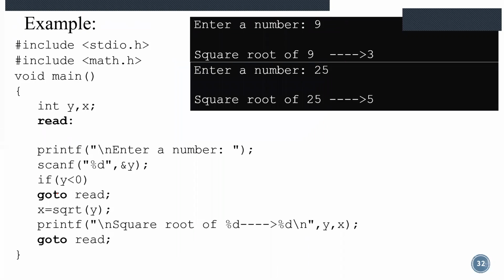Only this line, this goToRead, is coming under the if statement for this decision making. If y is less than 0, it will be true, which means it will execute this goToRead. Otherwise, it will skip this line and move towards the line x equal to square root of y. Is it clear? This program as such, if you type, it will become an infinite loop. If you want to exit from this,